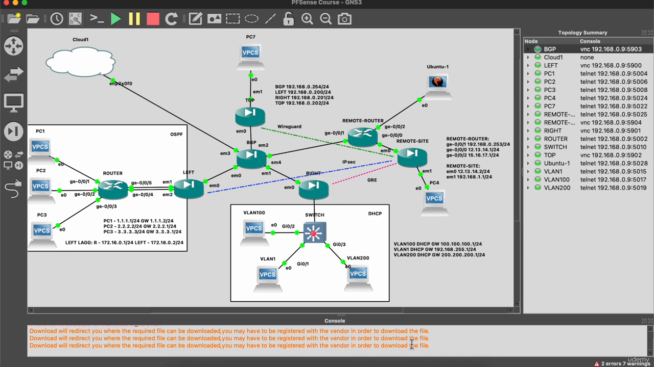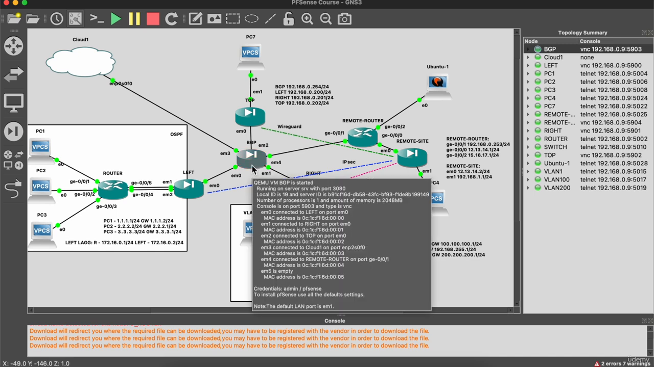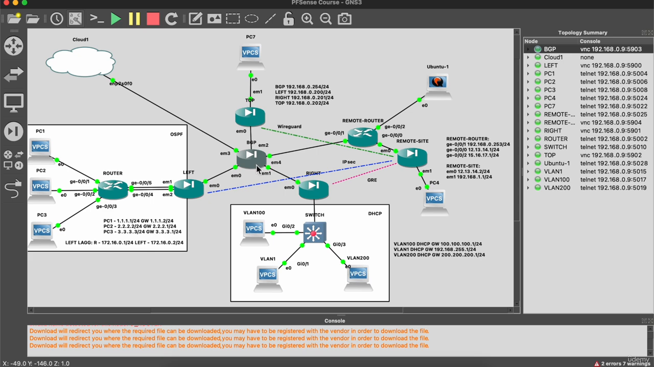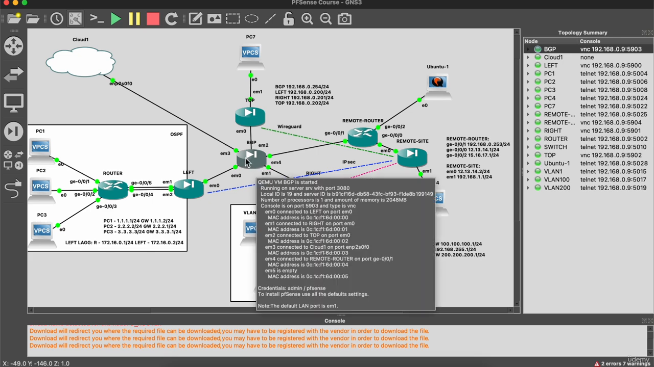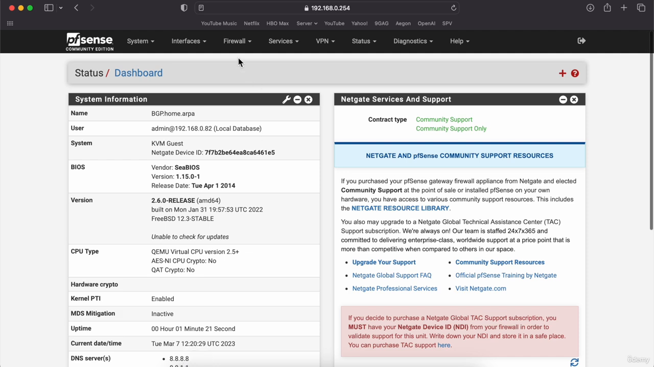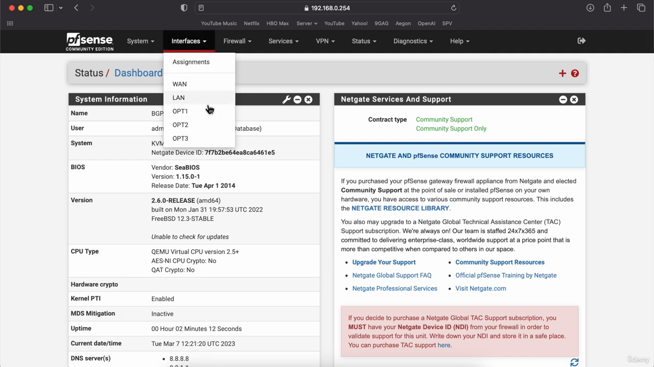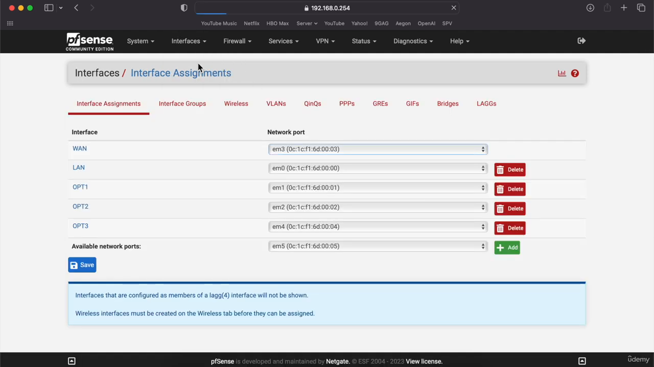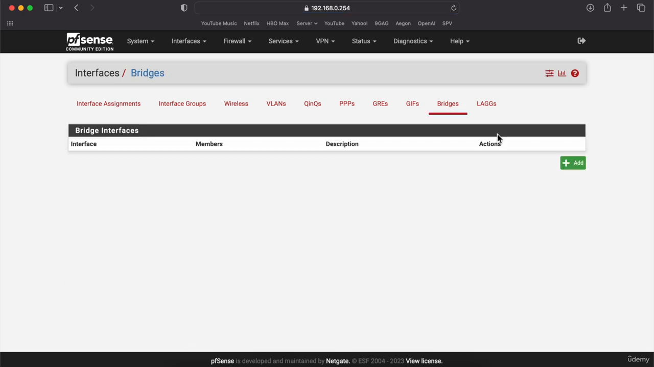In this section, we'll configure the BGP pfSense as a bridge, and all interfaces will be in the same bridge. So basically, we'll have just one IP configured on the BGP pfSense, and all the interfaces will behave like bridge interfaces. To do that, we'll go to Interfaces, to Assignments, go to Bridges,